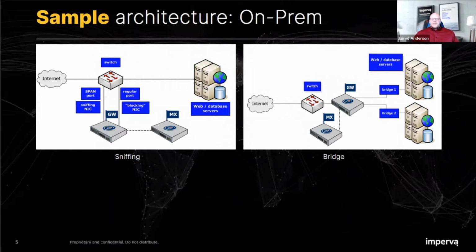So on the left, we have sniffing. You can see in this diagram, it's connected to a span port on a switch. We also have a regular port connected to send the reset traffic for blocking. So it's important to note sniffing mode does have a drawback in that it cannot decrypt Diffie-Hellman ciphers, which are kind of the standard these days. They're used overwhelmingly. Picked up in about the last, I'd say, 3 to 4 years. Pretty much everyone switched over to Diffie-Hellman. So if you're in sniffing mode, you won't be able to decrypt that traffic, so just be aware of that.